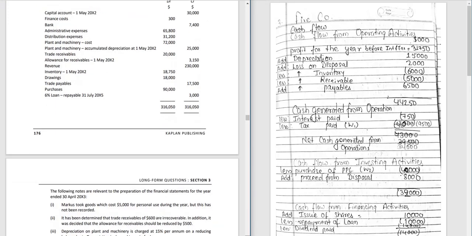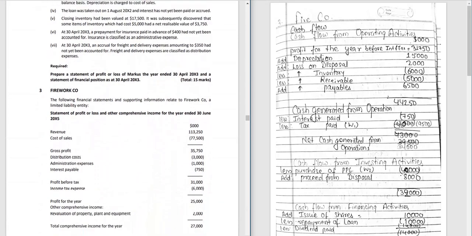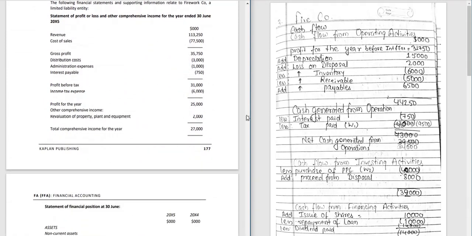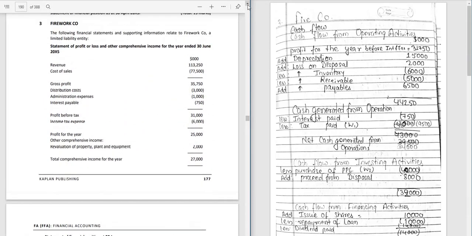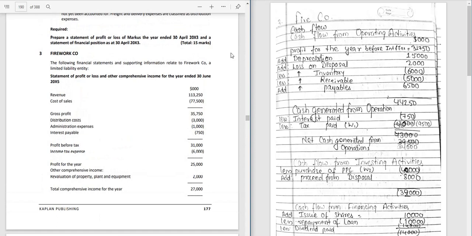So in this video, we will solve the long question number 3, that is Firework Company. In long questions, again I am telling you, it's very important to read the data and additional information very carefully. Okay. So what the question is: the following financial statement and supporting information relate to Firework Company, a